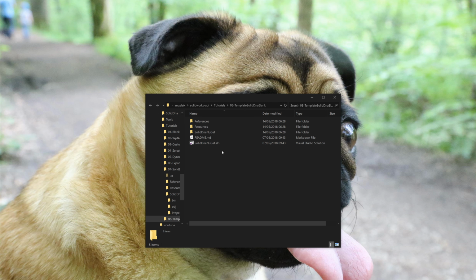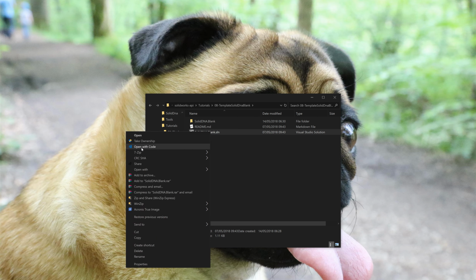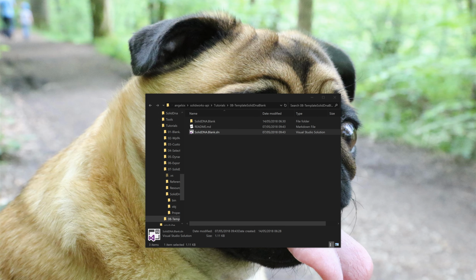For a template, you can't have a solution file or anything really that isn't referenced in the CS project itself. I'm going to move the installer and the physical DLL references into the project folder here and reference them in the actual project. I'm going to rename this to SolidDNA.blank. We'll rename this to SolidDNA.blank. And we'll just edit this in VS Code to point to what will become